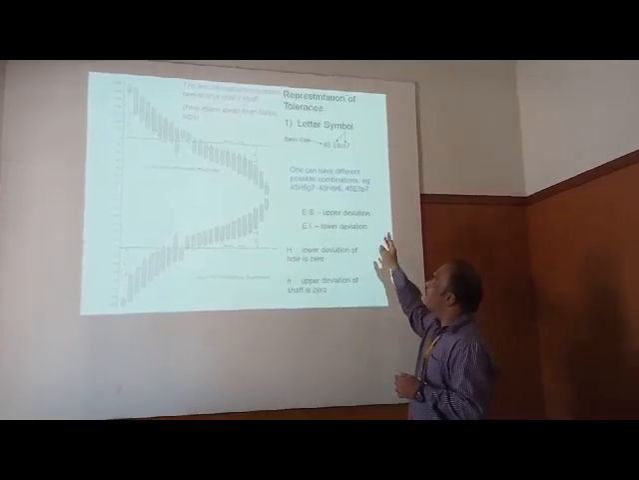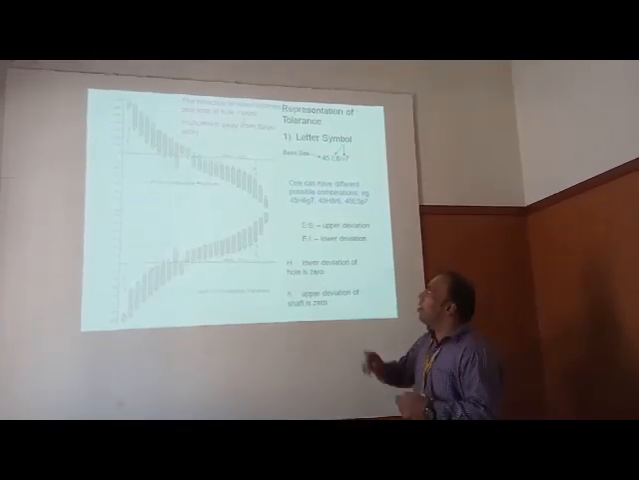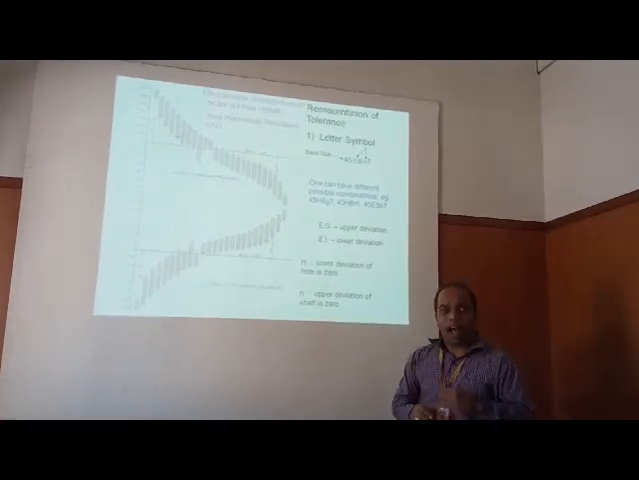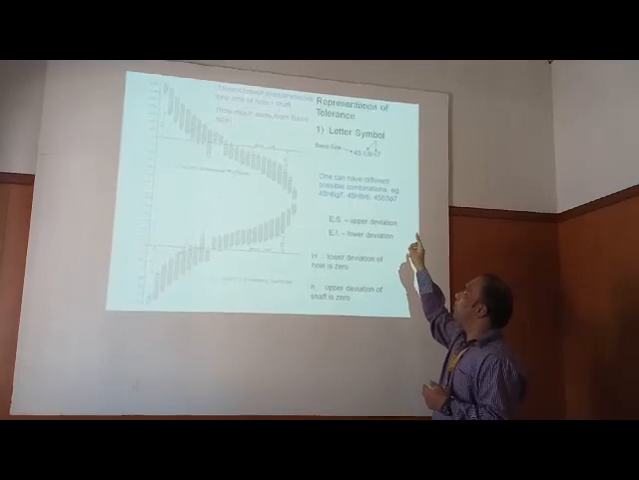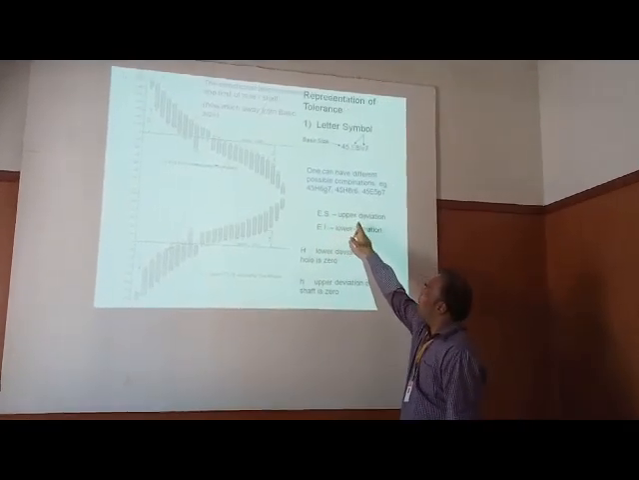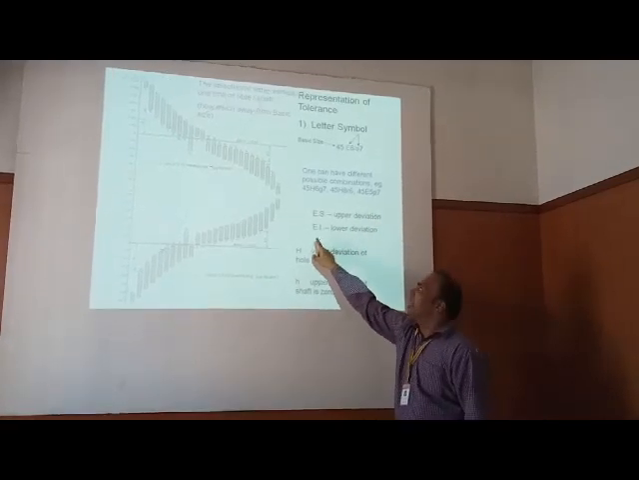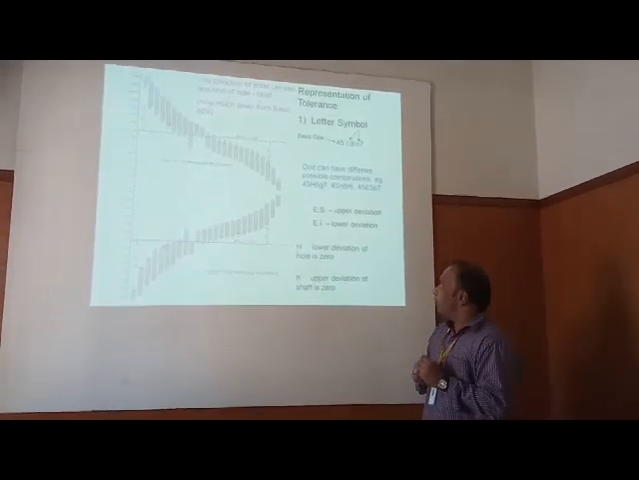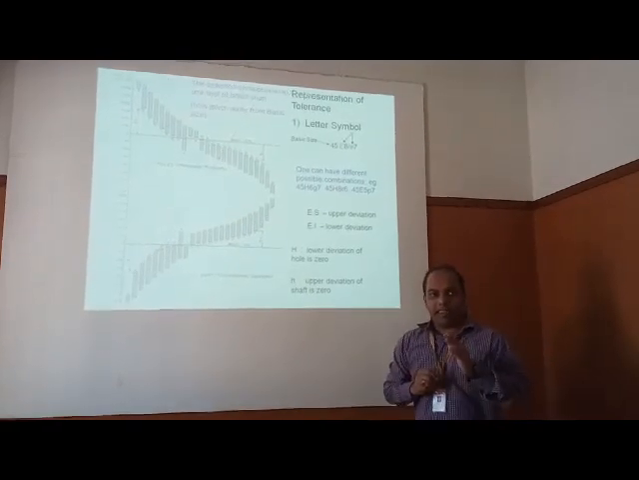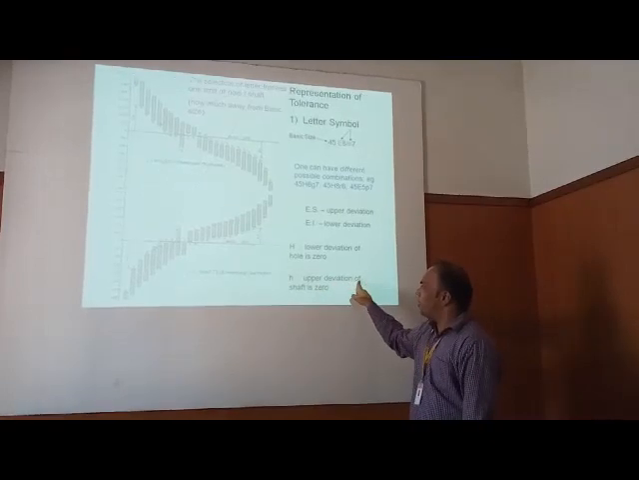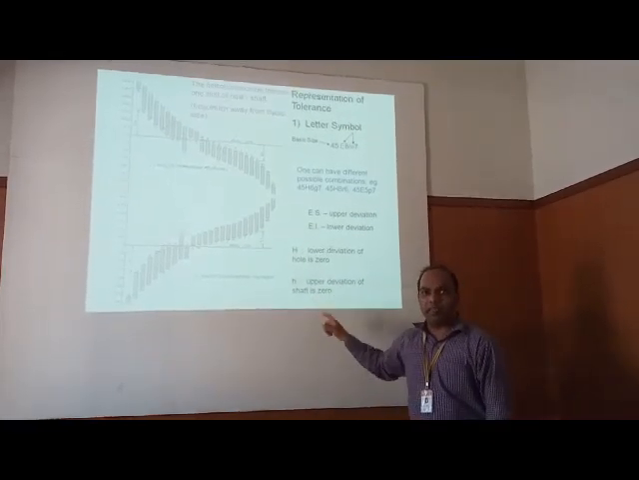Now, one can have different possible combinations. For example, 45H6G7, 45H8R6, and 45E5P7, where ES denotes upper deviation and EI denotes lower deviation. Capital H is the lower deviation of the hole, that is equivalent to 0, and small h is the upper deviation of the shaft, that is 0. Next,